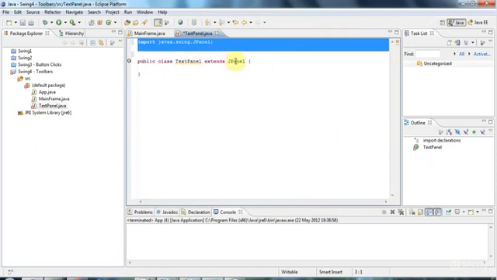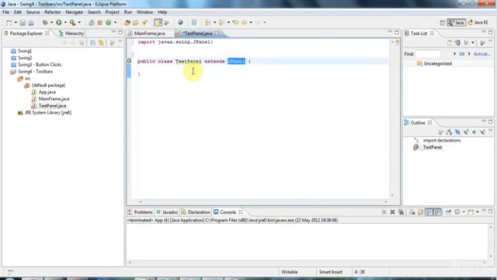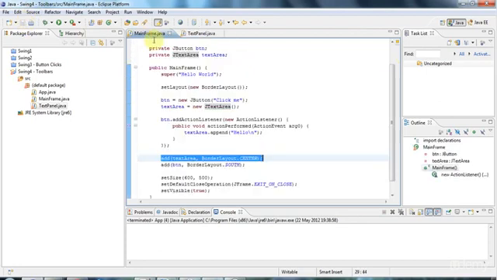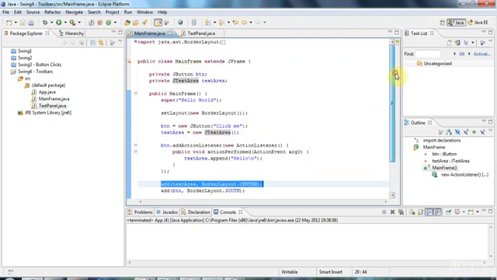And panels are basically, depending on your operating system, usually just grey flat areas which you can add to your main frame. But the great thing about them is that you can add other components into them, and that's what I'm going to do here. So to start with, I will go back here, and currently I'm adding a text area, and I'm going to get rid of it for the moment, and I'm going to say private